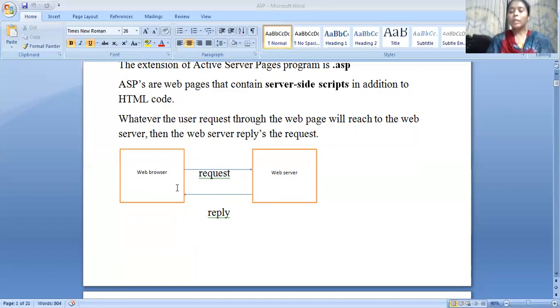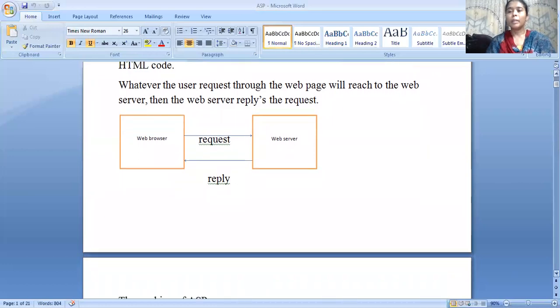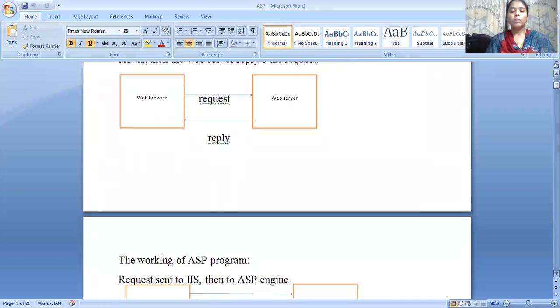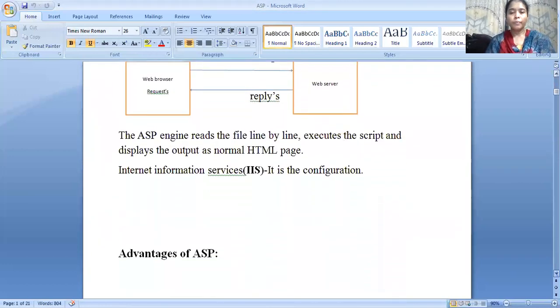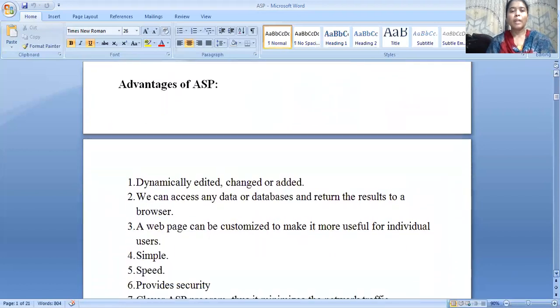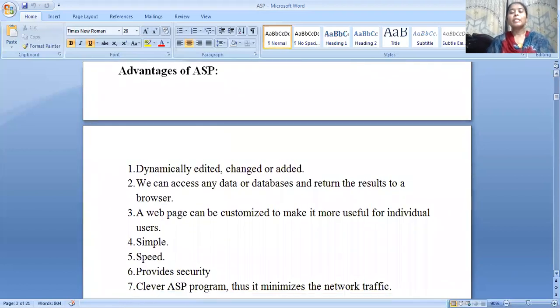Coming to the next part, that is the advantages of ASP. Let us see the advantages of ASP now. ASP programs can be dynamically changed, edited and added, and a web page can be customized to make it most useful for individual users.